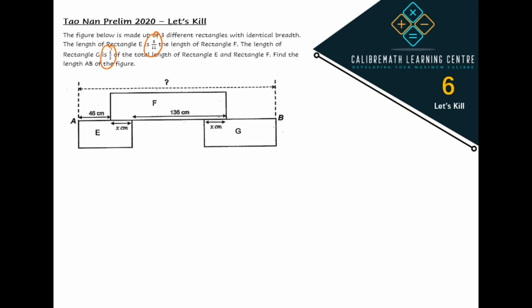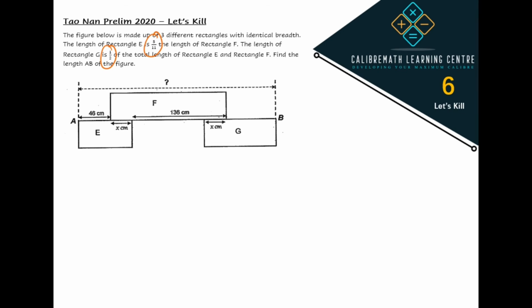After writing out the ratios, you will be able to label the information in your diagram. And from the diagram, you will be able to form 2 statements. And from there, you will be able to apply your let's kill strategy and solve for this question. If you want to know the full solution to solve for this question, you can check out our episode 10,